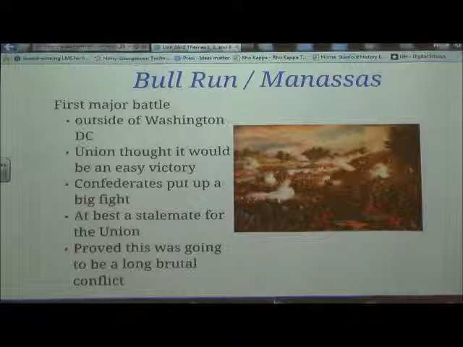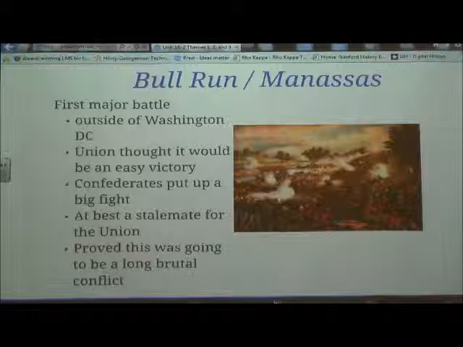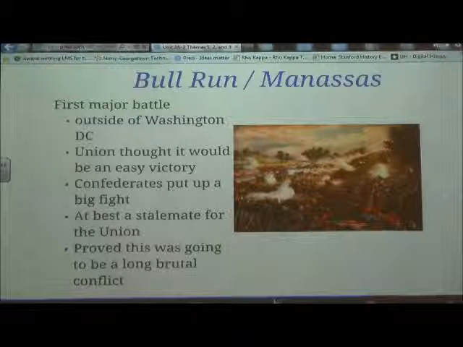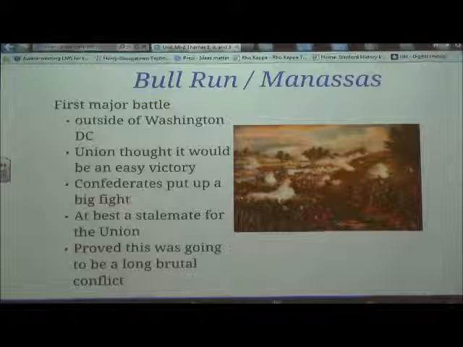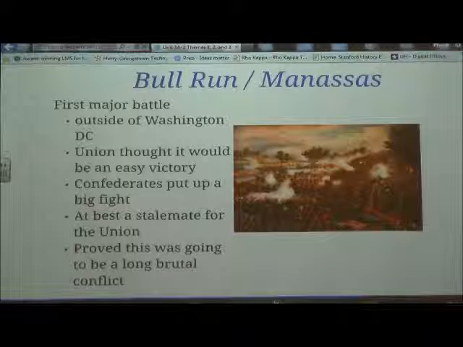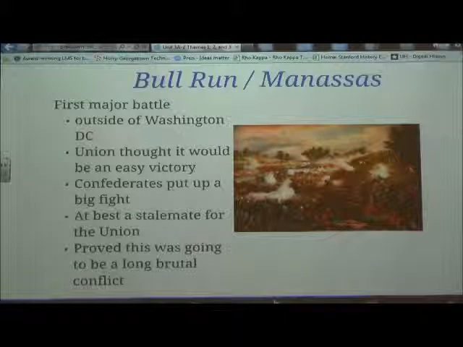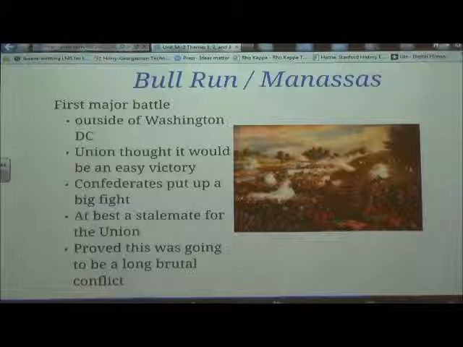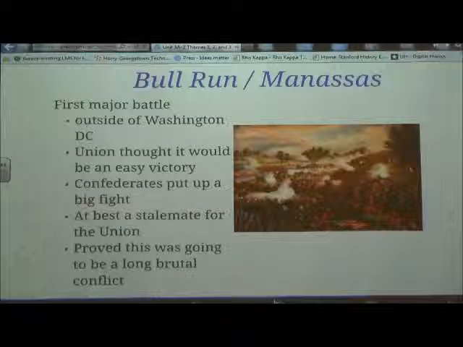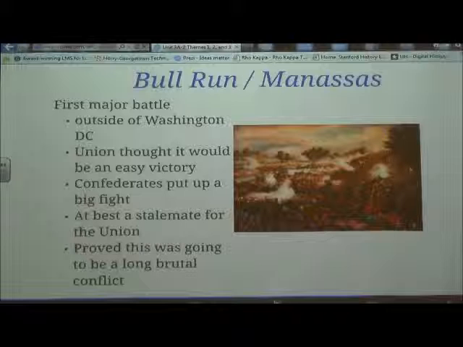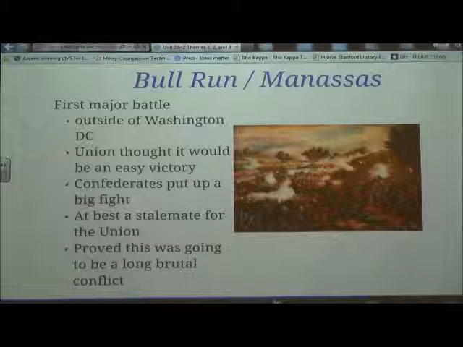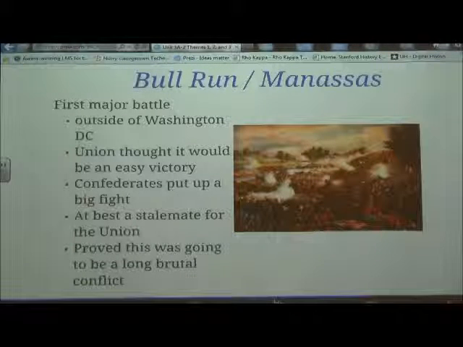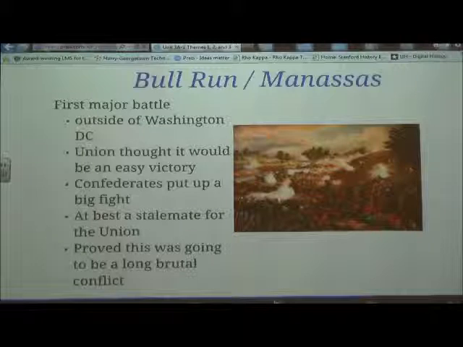The first major battle of the Civil War is the Battle of Bull Run, also known as the Battle of Manassas. This first battle of Bull Run was just outside of Washington, D.C. The Union thought it was going to be an easy victory. The Confederates, though, put up a huge fight. The Union thought that these were just a bunch of low-class Southern bumpkins that they'd be able to steamroll over with just sheer numbers. But the Confederates put up such a big fight that you can see here in this picture,